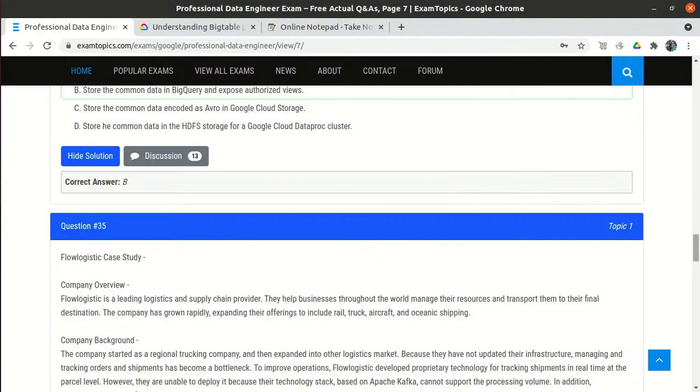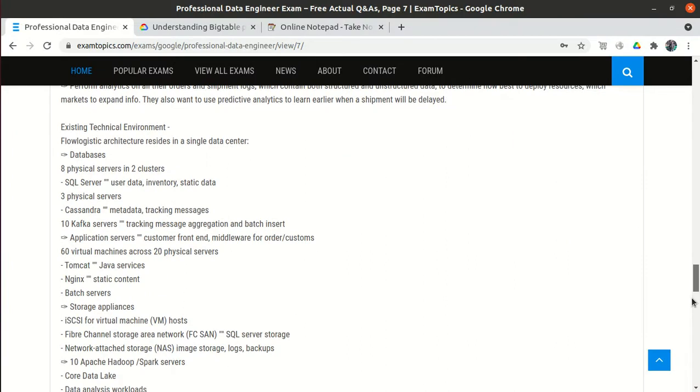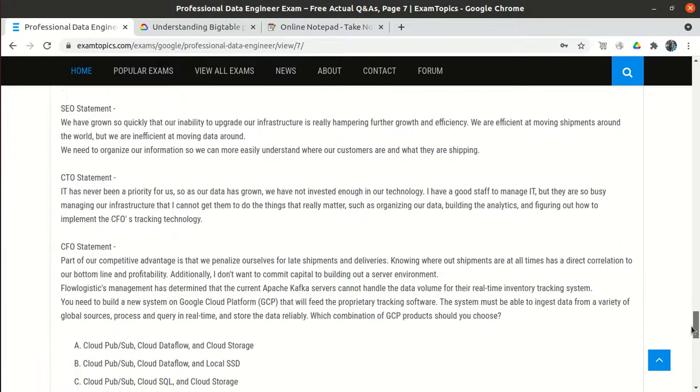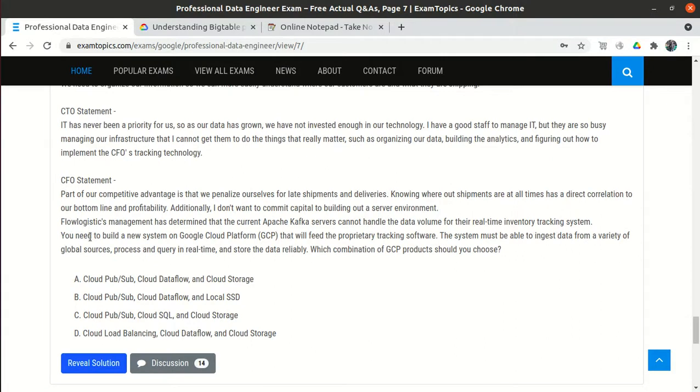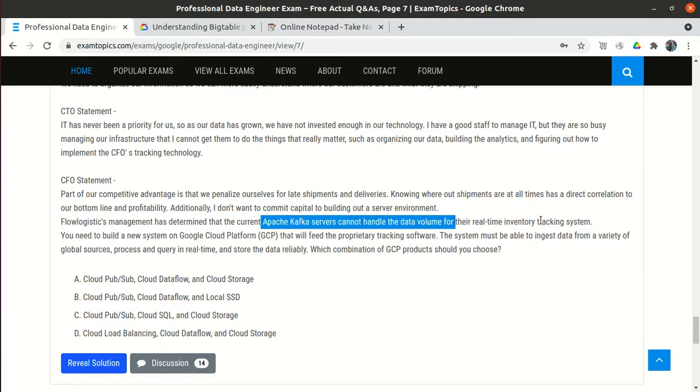So the next question is also related to the Flowlogistic case study. It is the same question, but the CTO statement is a little bit different. The CFO told that they want to build a new system on GCP that will track the inventory in real time.